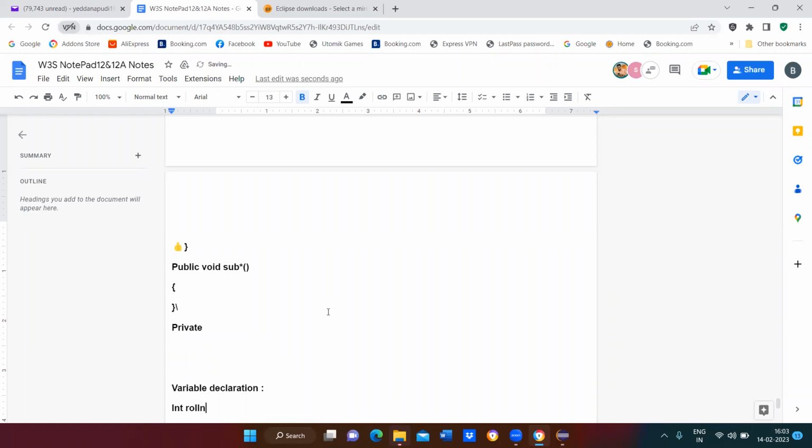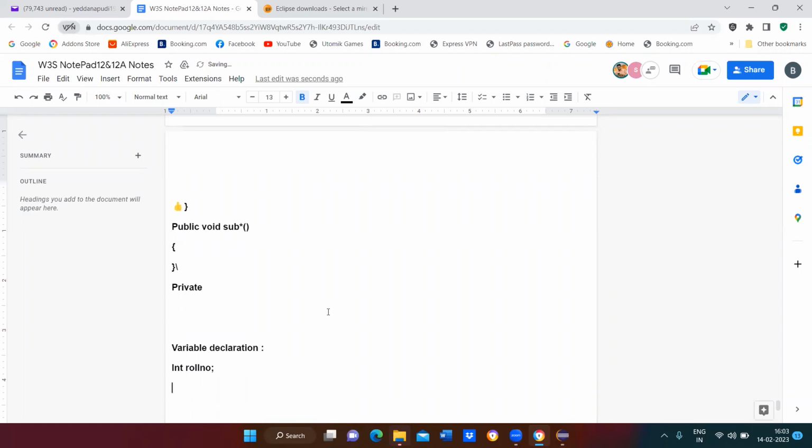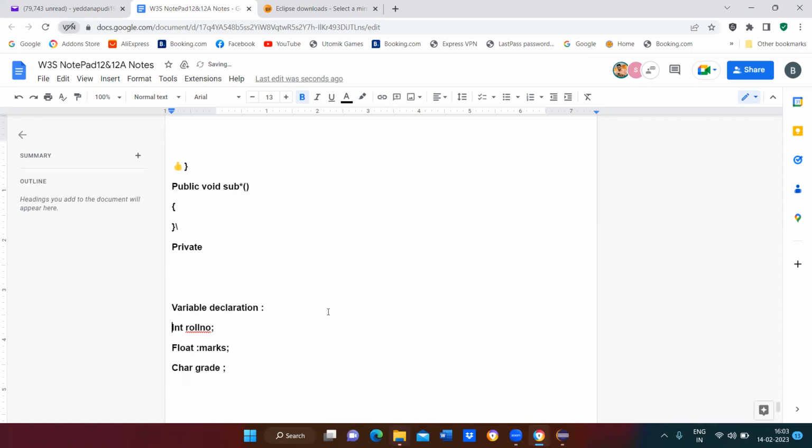Integer roll number, float marks, and character grade. So these are the three components where we are going to declare the values.